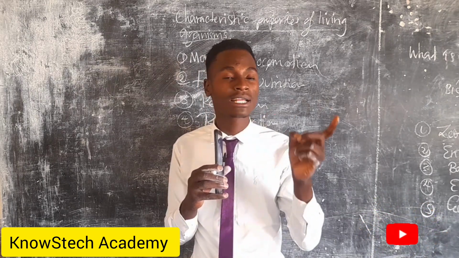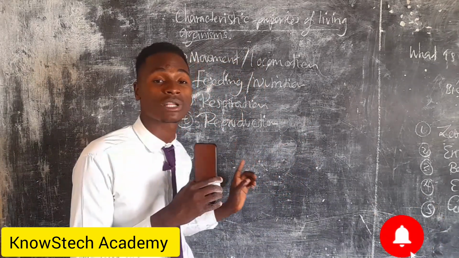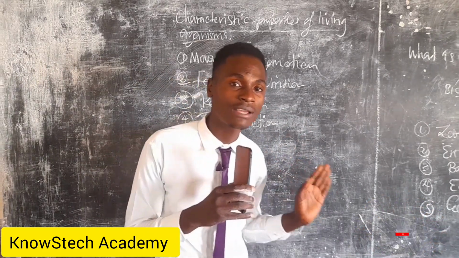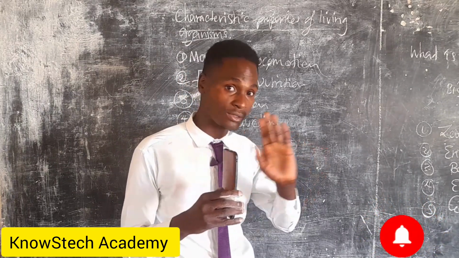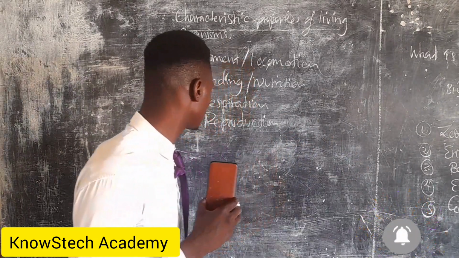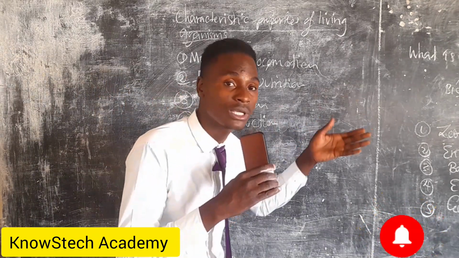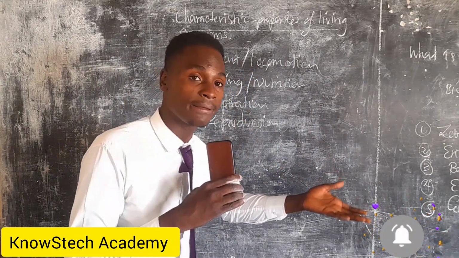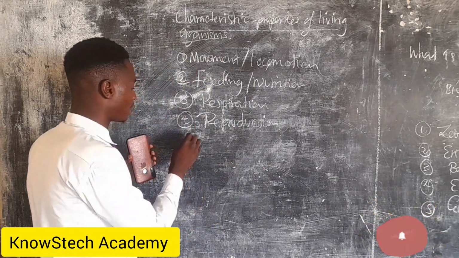Remember that flowering plants undergo sexual reproduction, not asexual. So don't say asexual reproduction is the type of reproduction that takes place in plants. All right, that is about reproduction. If it's able to reproduce, or to multiply, then it is a living organism.